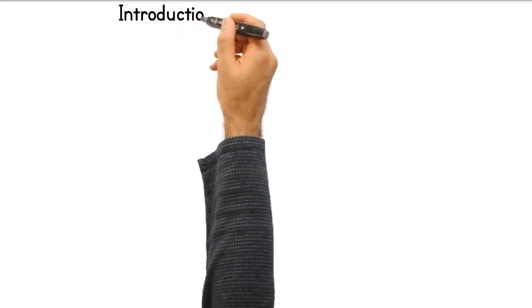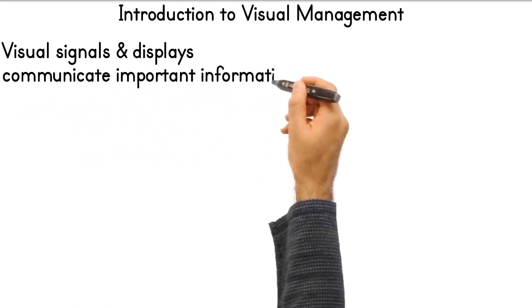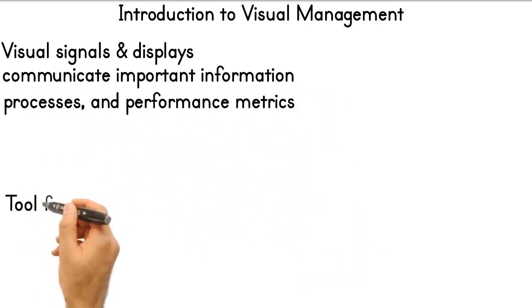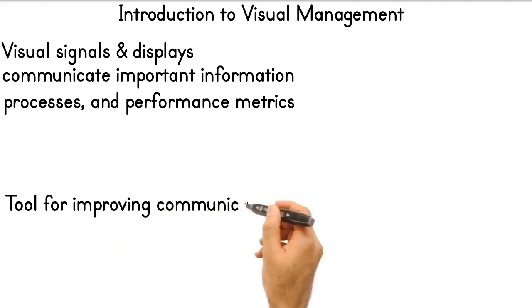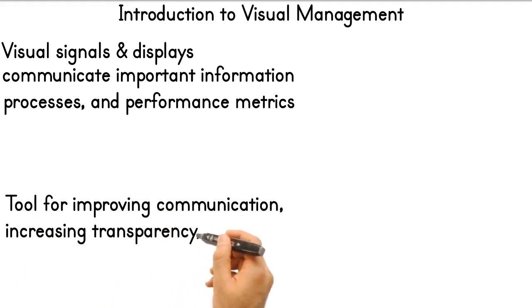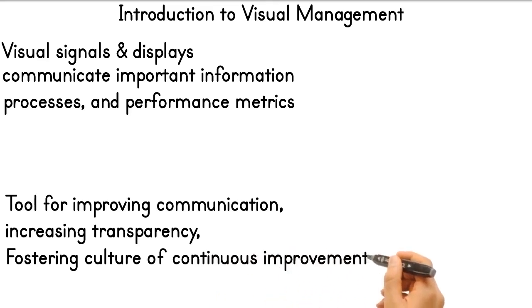Introduction. Visual management refers to the use of visual signals and displays to communicate important information, processes, and performance metrics in the workplace. It is an effective tool for improving communication, increasing transparency, and fostering a culture of continuous improvement. By utilizing visual cues such as charts, signs, labels, and dashboards, visual management helps teams stay aligned, identify issues quickly,